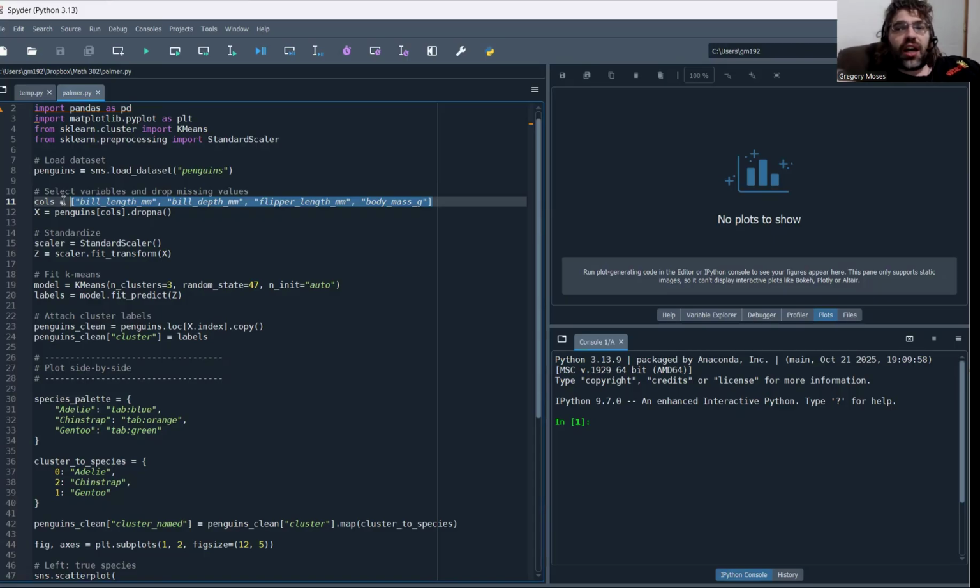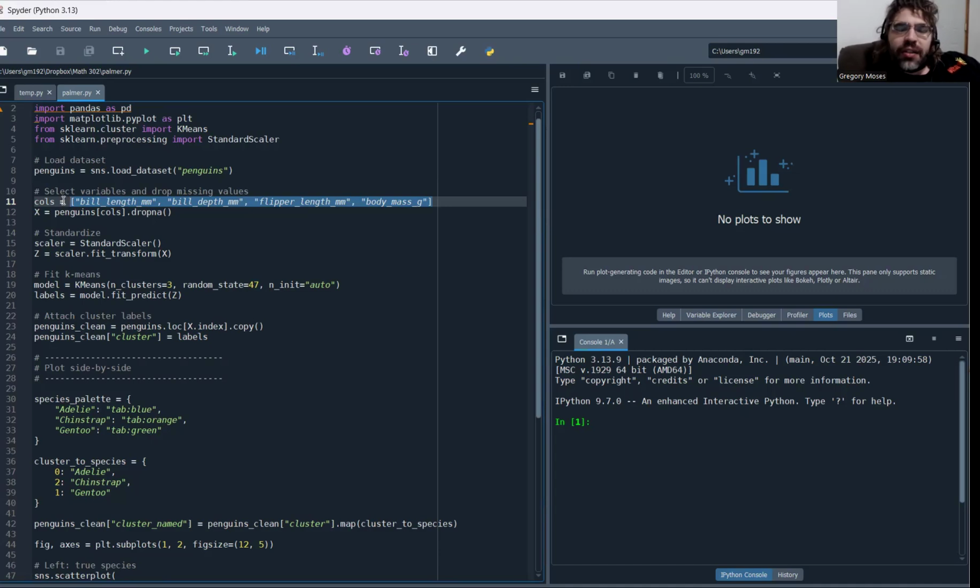I can say I want three clusters. I can say I want four clusters. I can say I want 17 clusters. So we really need to go into a problem with some idea of how many clusters we think we're looking